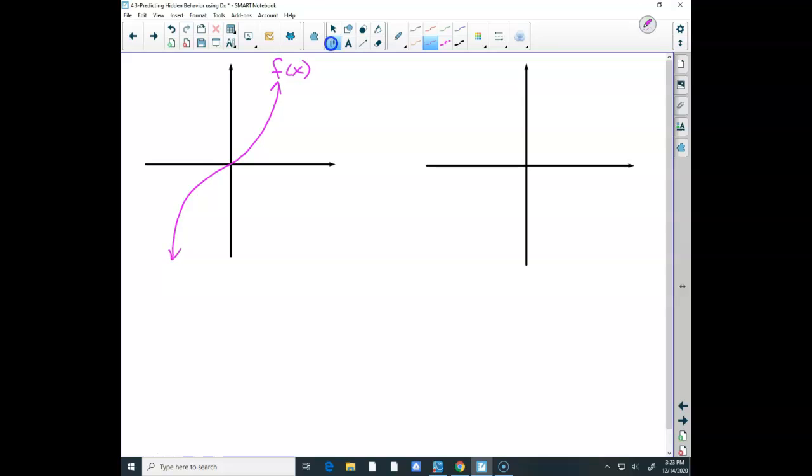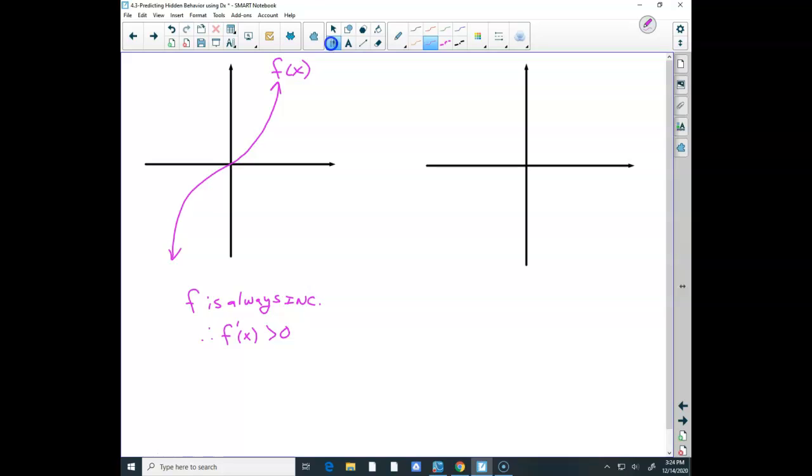And what I can see here is f in this case is always increasing, and because it's always increasing, f prime of x is always going to be greater than 0, because I'm going to have positive tangent lines. Well, what does that mean for concavity? If the function's increasing,